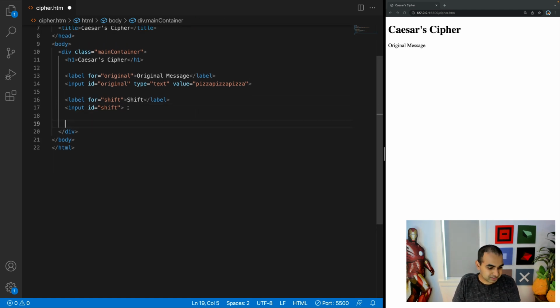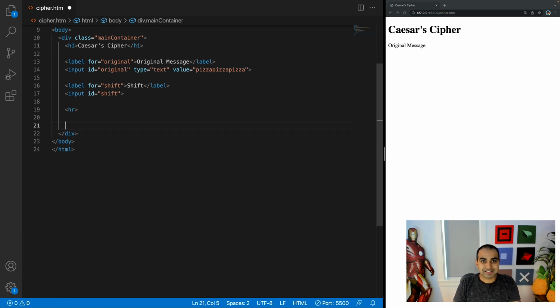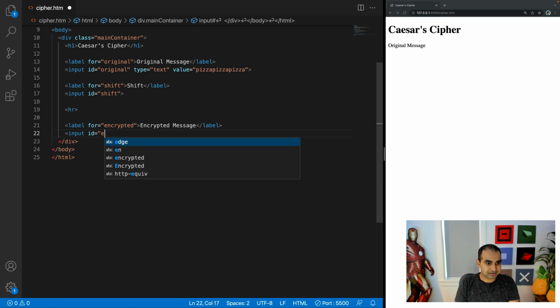We'll modify it a little bit. Add a good old horizontal rule. And lastly, now it's going to be the input for showing our actual output itself. Label for encrypted is going to be encrypted message. And then lastly, the input ID equals encrypted, type equals